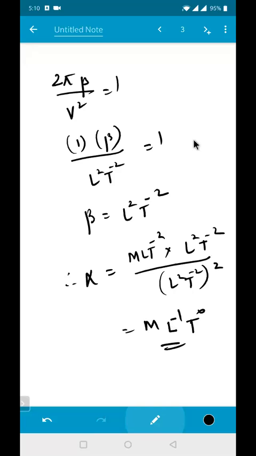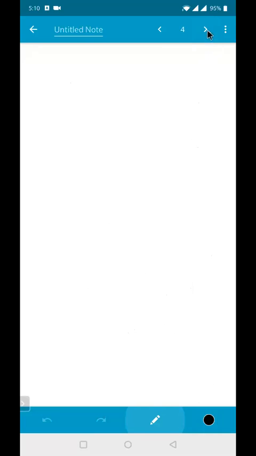Okay, chalo. Next one we'll try to go into dimensional formula. We need to even do some questions related to the errors part of relations. Let me quickly revise some of the formulas related to error.